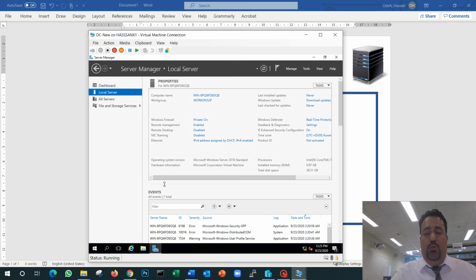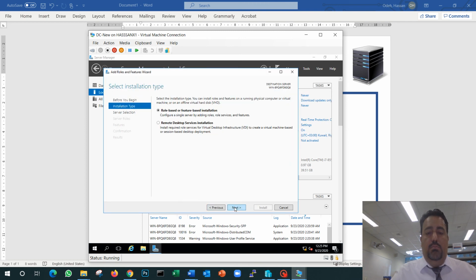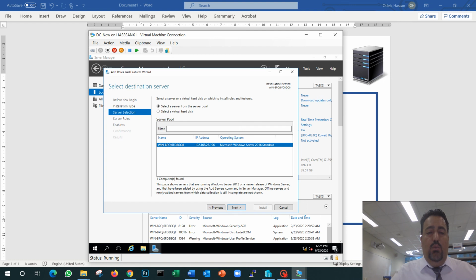Good. So the first step, we install Windows. Second step, we set up the time, the IP address and the computer name. Third step, we tell our server that it is going to work as a domain controller. We click on Manage, we click Add Roles, and we click Next. Next. Here it is showing me which server I want to control. So Windows Server 2016 allows me to control multiple servers on the network from the same console. So if I have 5 domain controllers on the network, when I come here, I'll see the 5 of them, and I choose which one of them I want to control.